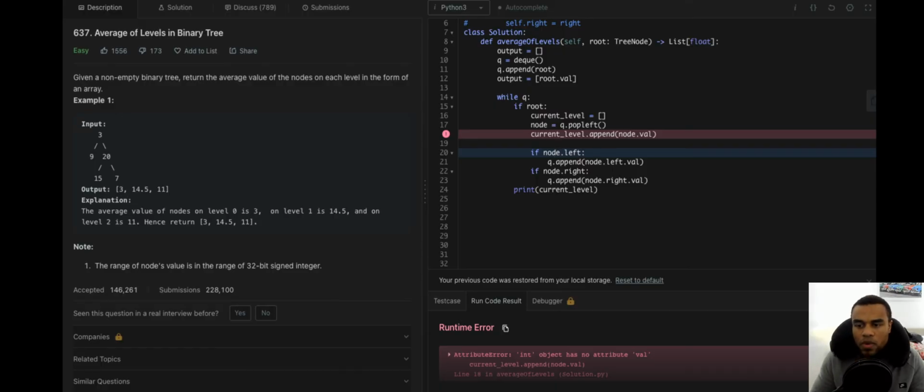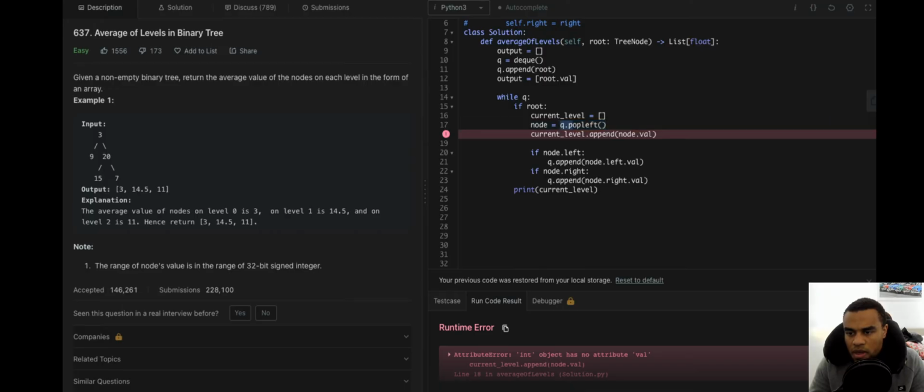Well, no, because we want to get to the current, so this makes sense. We have our current level, and then we have node equals q.pop left, current level.append node.val. If root, it has no value. Node.val, node equals q. Okay.